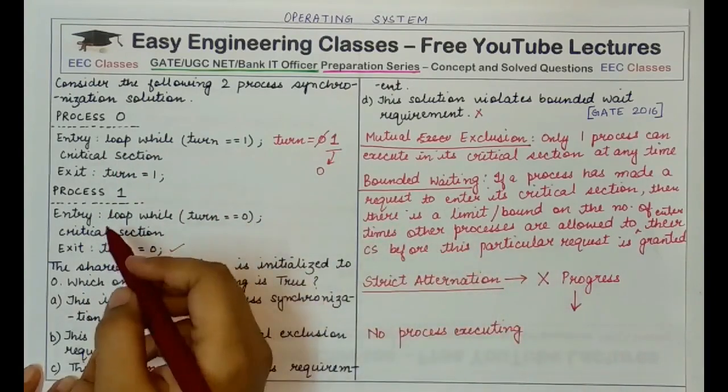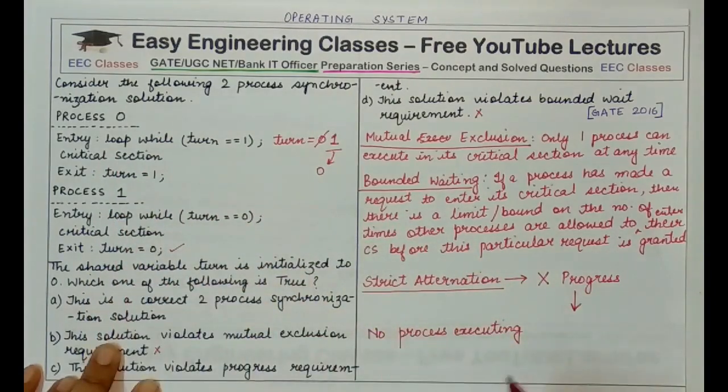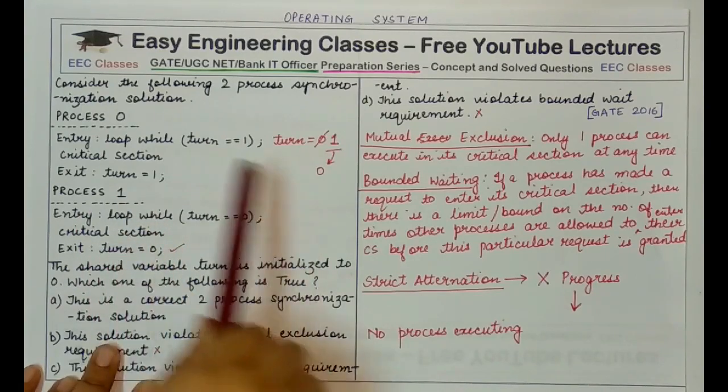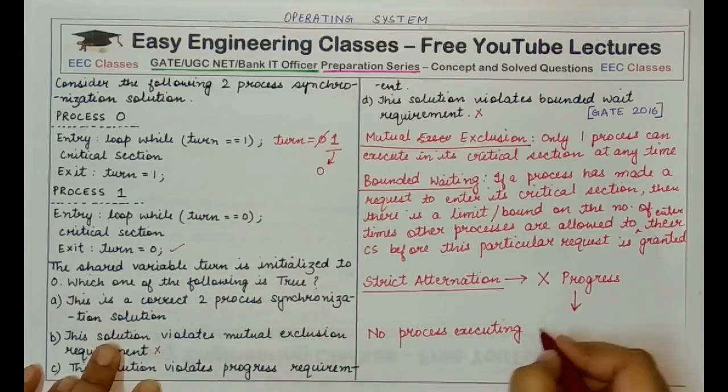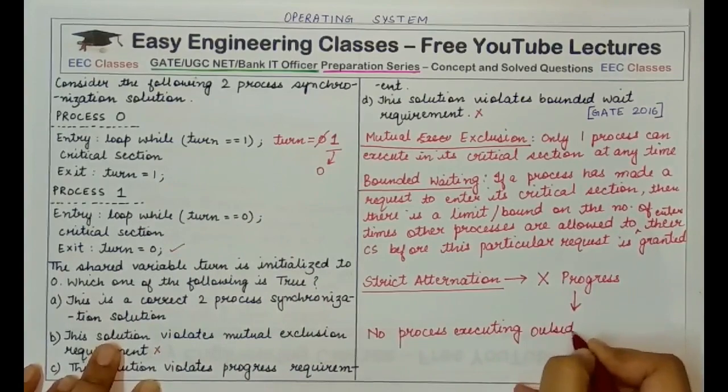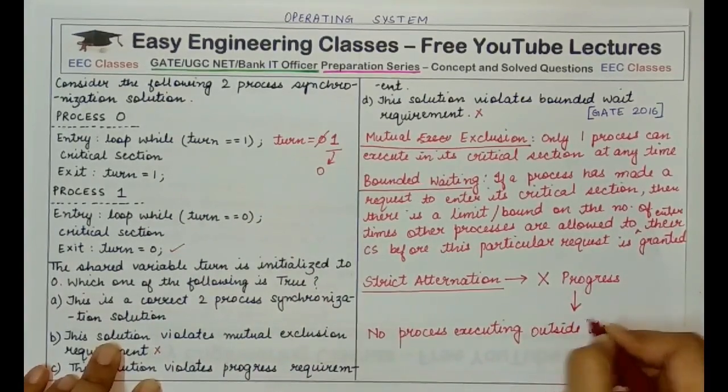Even when process 1 is not executing in its critical section, still it is a part of deciding whether process 0 will enter its critical section or not. And how is it a part? Because only when process 1 executes and reverses the value of variable turn, then process 0 would get a second chance. So no process executing outside its critical section